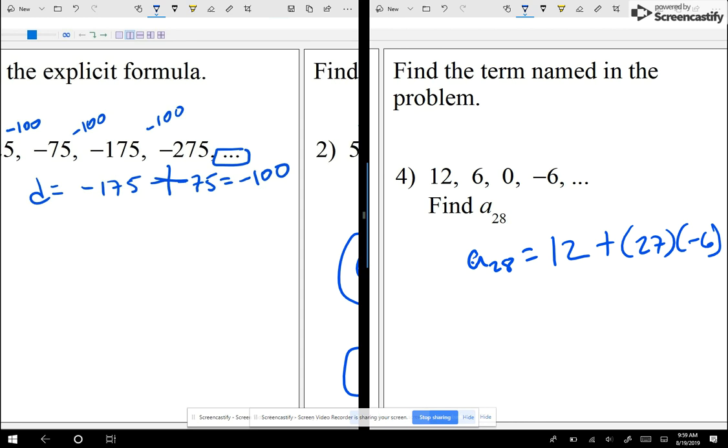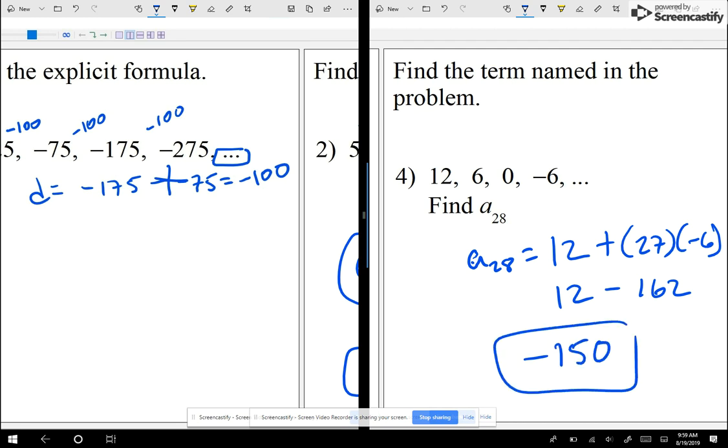So let me find out what 27 times negative 6 is in this case. It is negative 162. So I have, how much is 12 minus 162? You guys know what's 12 minus 162? Negative 150. So that's what we're doing, right? Arithmetic